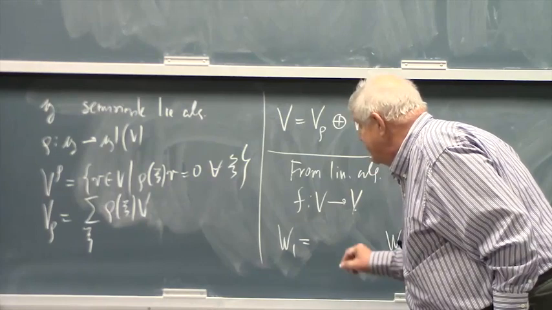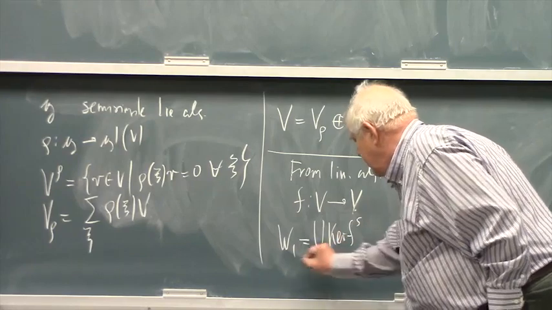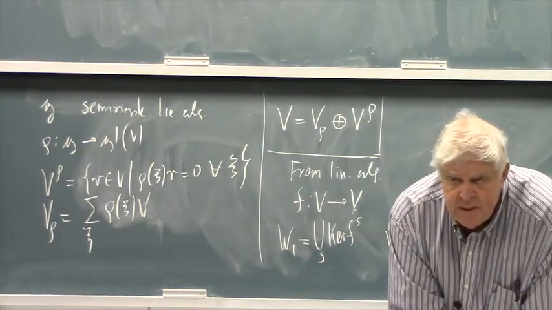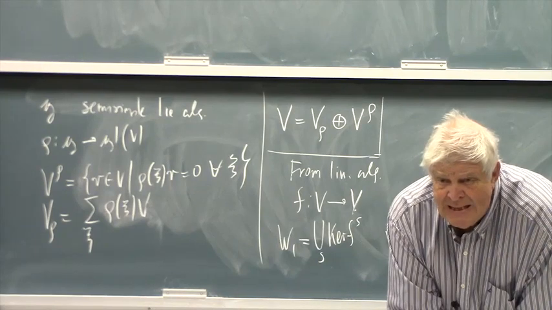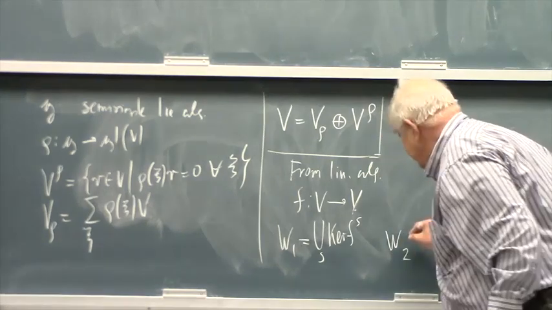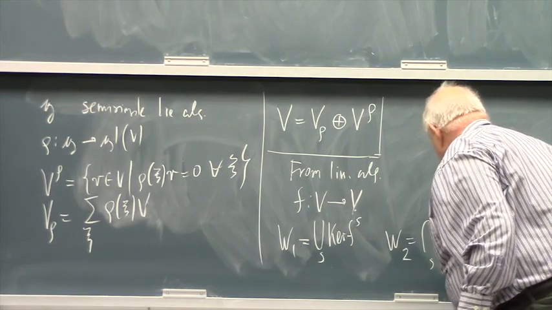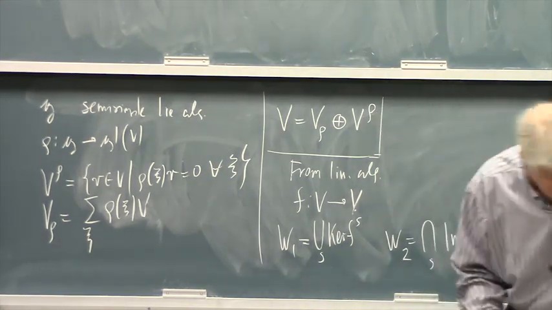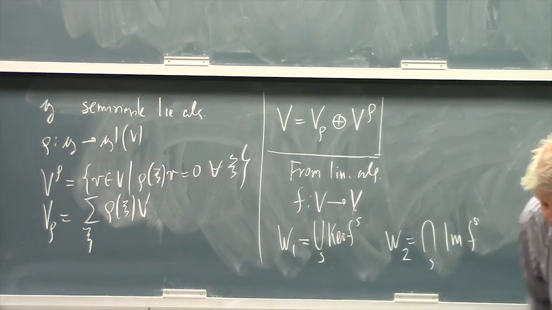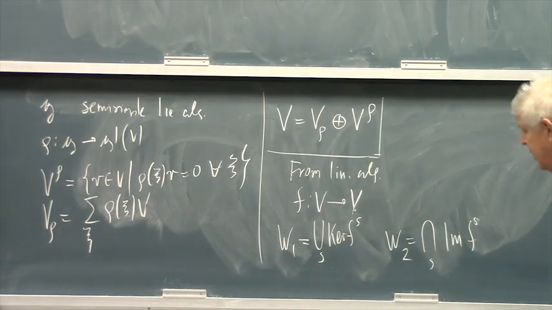W1 is the union of kernels of powers of F, so this consists of all elements which are annihilated by some power of F, not necessarily by F itself. W2 is the intersection of all images, that is, those elements which are images of F, F squared, F cubed, and so on. The fact is that